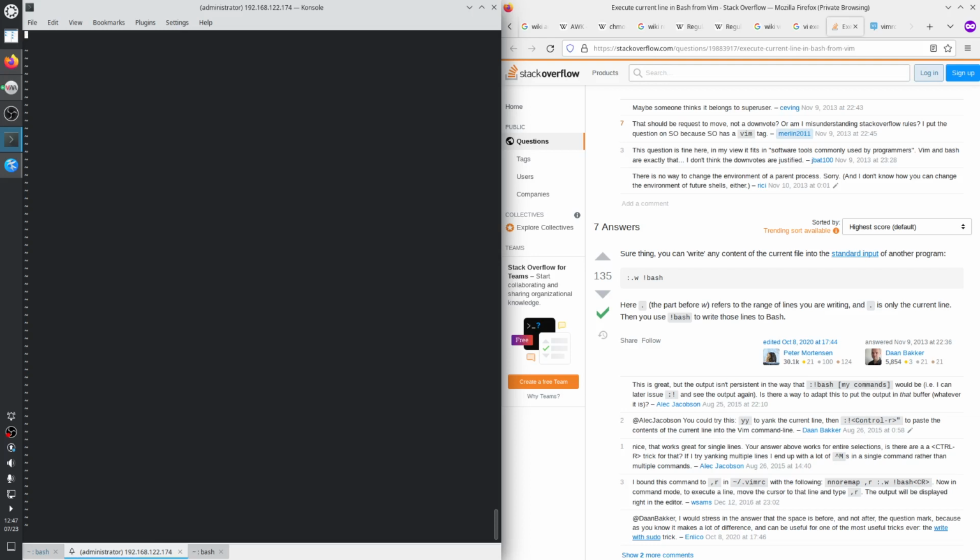Escape, insert date. Okay. Escape, insert, delete. Insert, delete. Okay, doesn't really matter. So we want to execute the current line, and